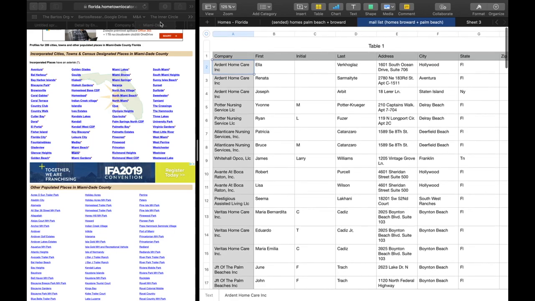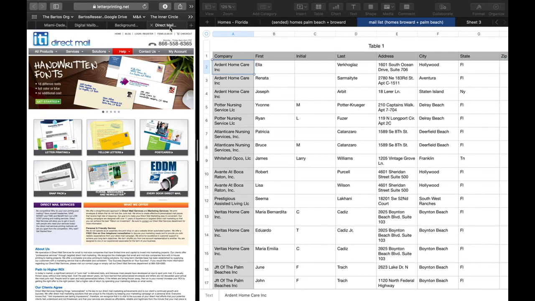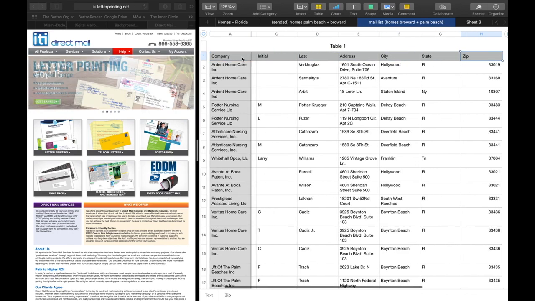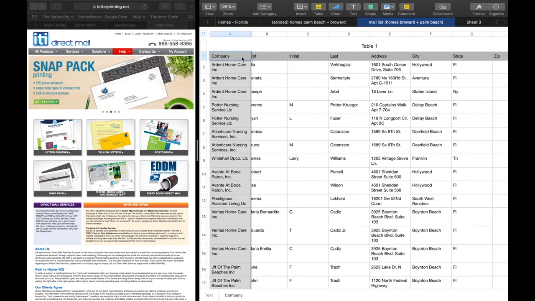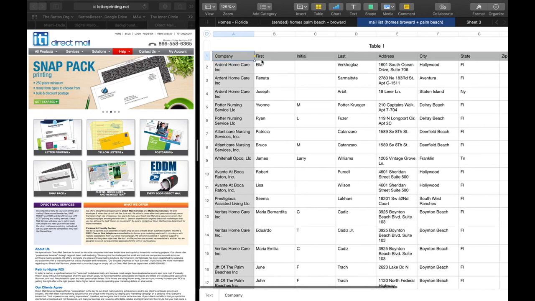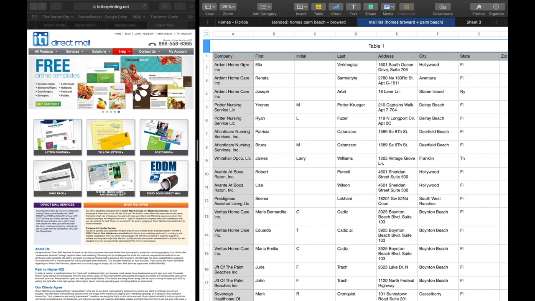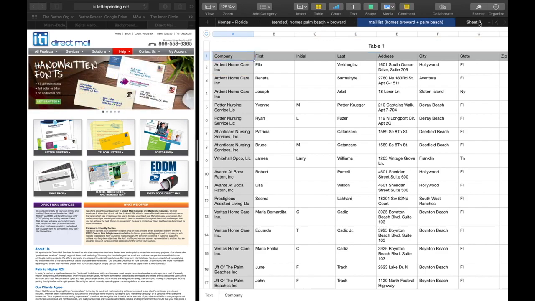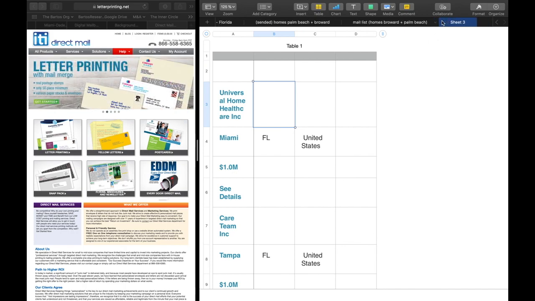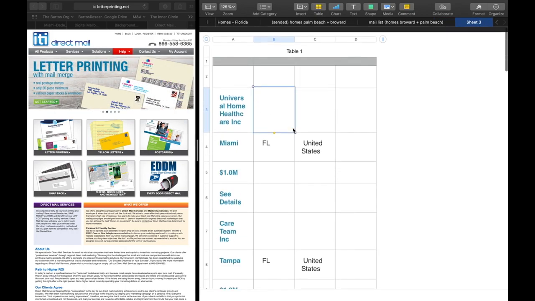So, for example, for letterprinting.net, you have to have company, first, last, address, city, state, zip, and you need to edit the letter from the USB key a little bit. So just put in the tags so they can do it for you. But this is easy. The little issue that I found out is when you just